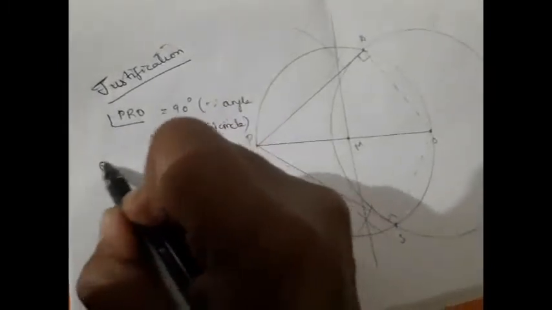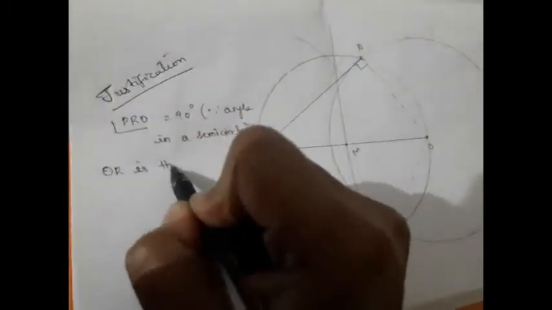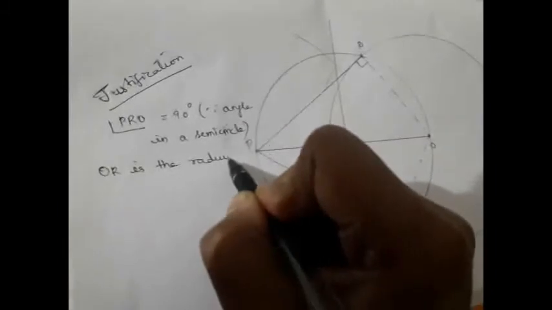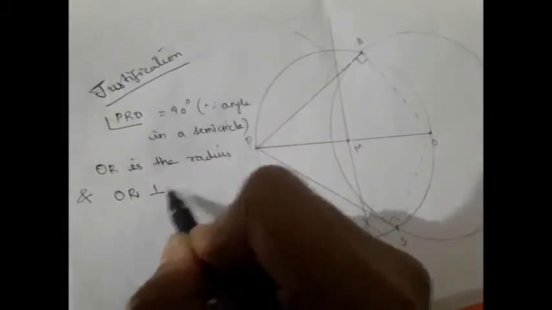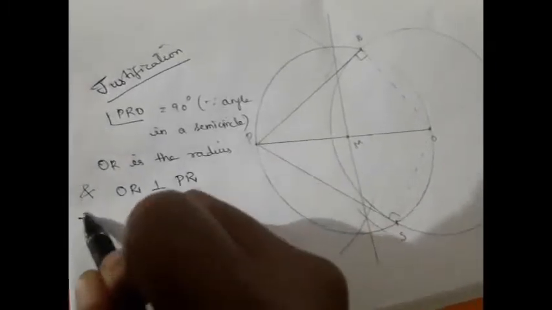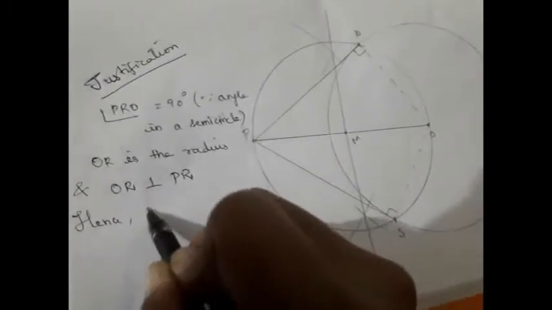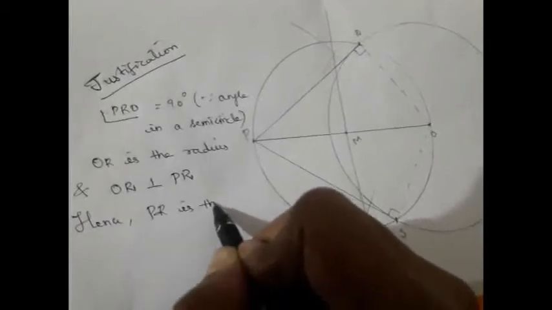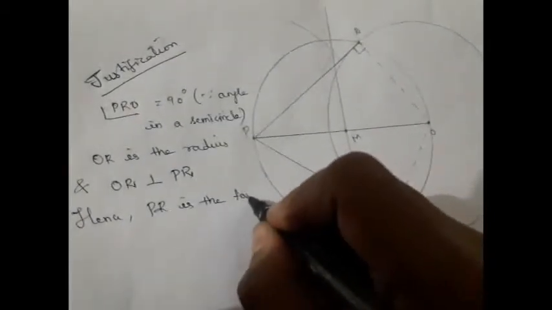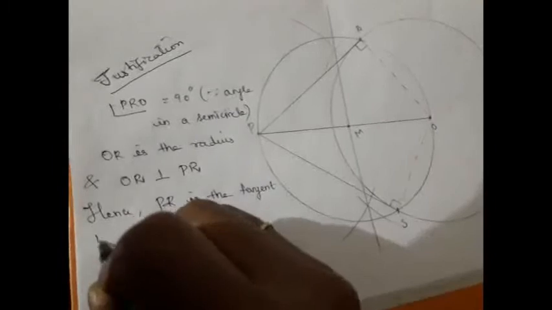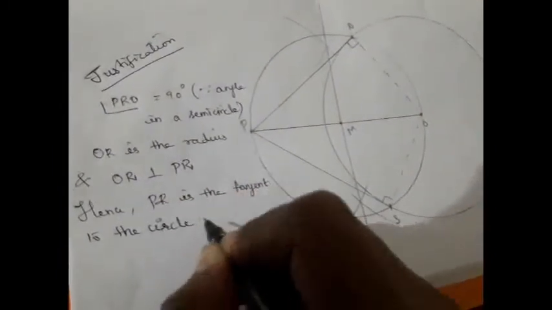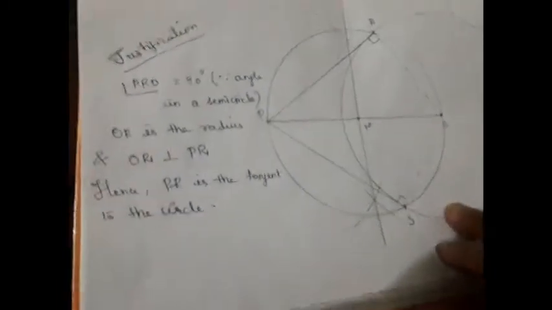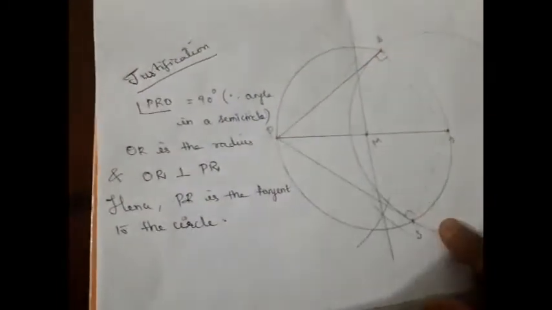And OR is the radius. OR is the radius, and OR is perpendicular to PR, hence PR is the tangent to the circle, right? In some question they may ask you to measure the length of the tangent, to find